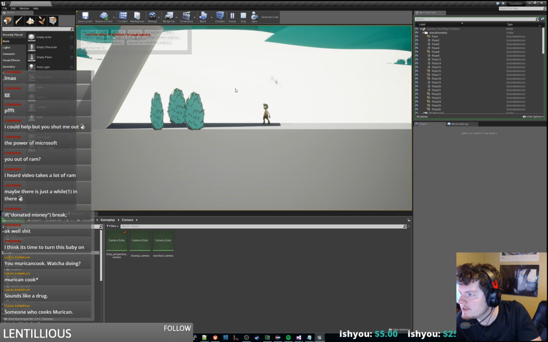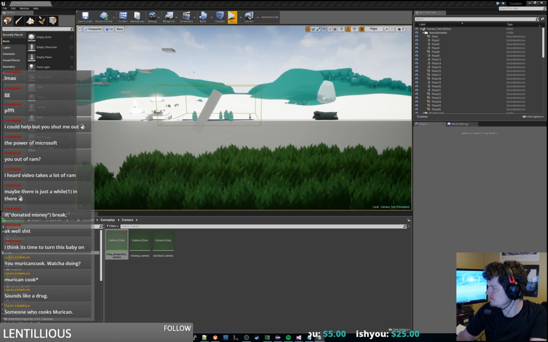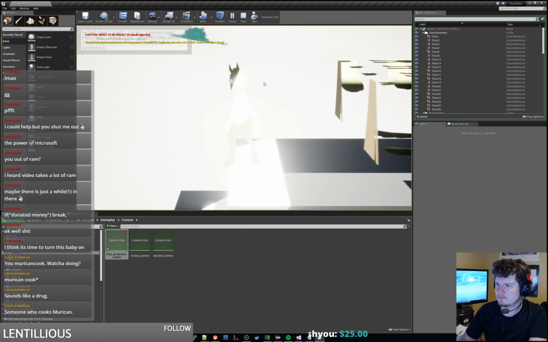Yeah, it's totally there. There's a little tiny shadow. It's hard to see from this zoom level. You can see